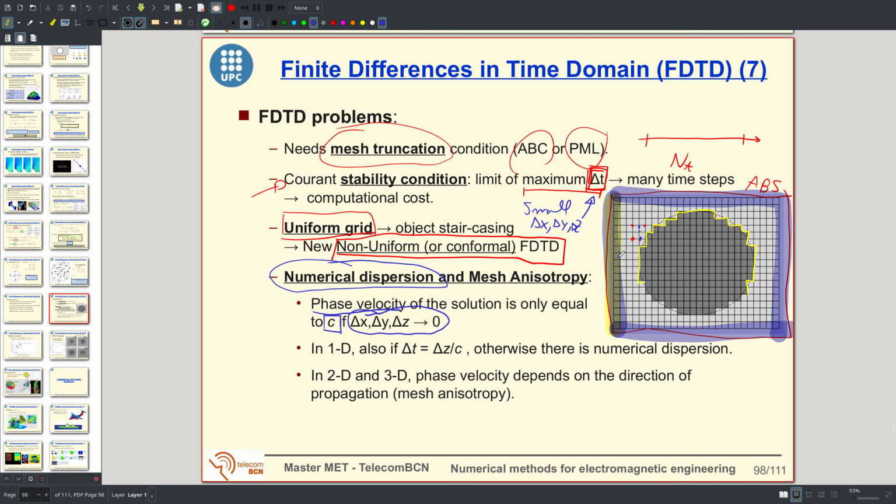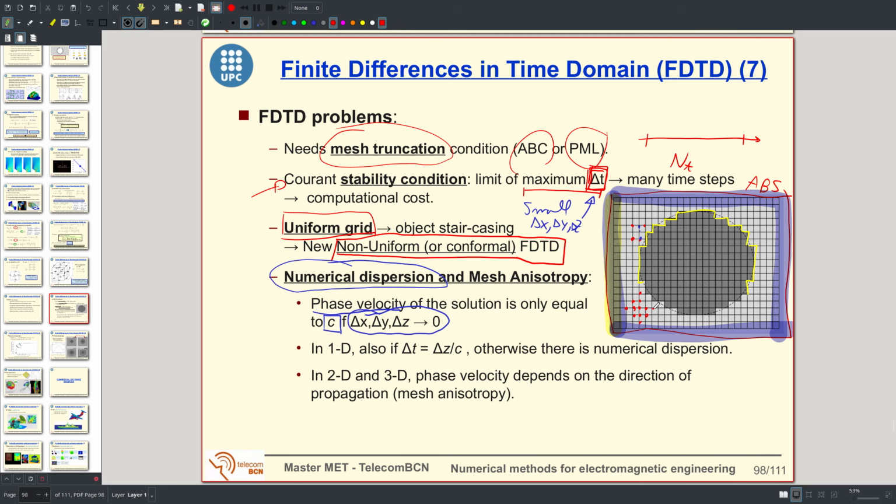The reason is very simple. If we have a wave originating at a source here, using finite difference time domain, we compute the field at the neighbor points, and then at the next time step we again compute it at the neighbor points,